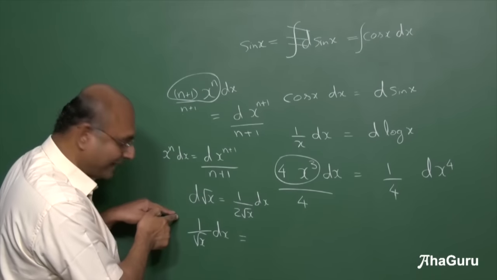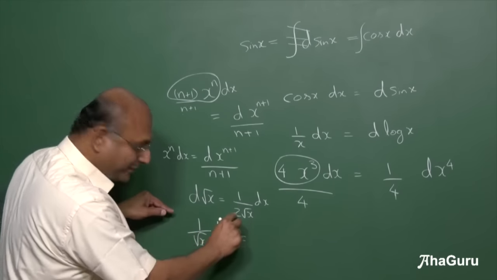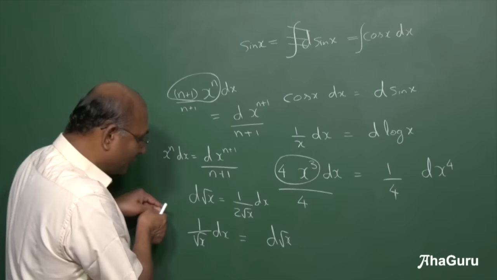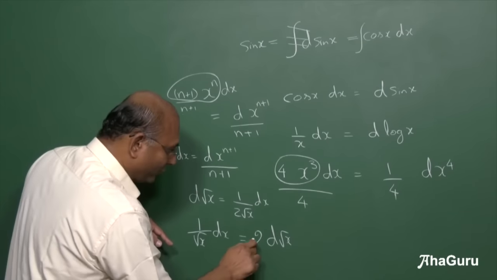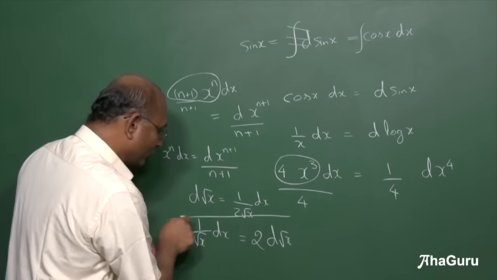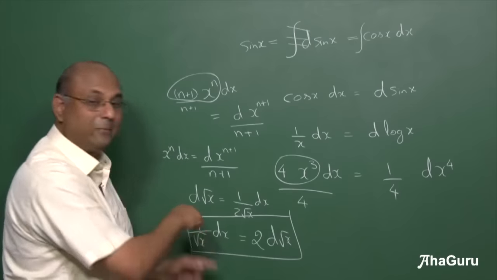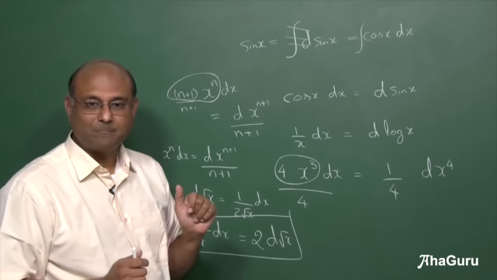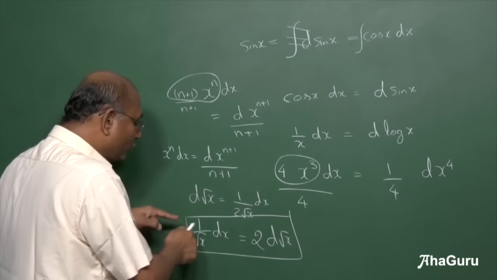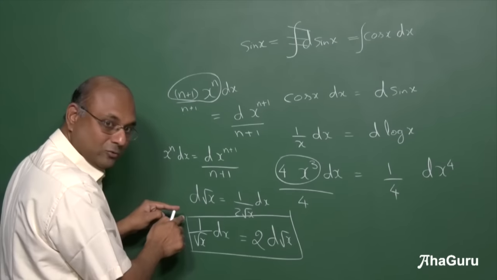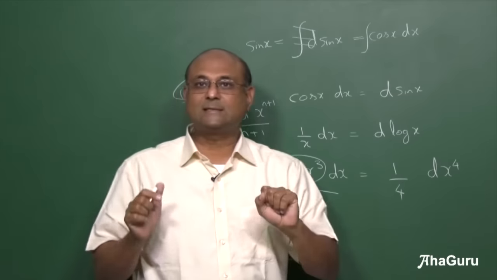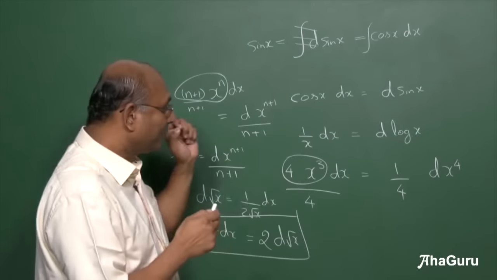The 2 here will remain as it is. This 1 by 2 root x will go in, become d of root x, but that 2 will remain, right? So that will continue coming in here. So I'm going to use this when we are solving problems. I'm going to say that let's take this 1 by root x and push it inside the d. You must understand that to do that, I must multiply by 2 in the numerator and denominator, push this inside. Okay, so let us take this and then move on to the next step, because the next step will be